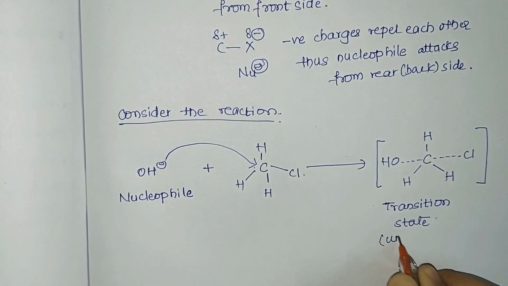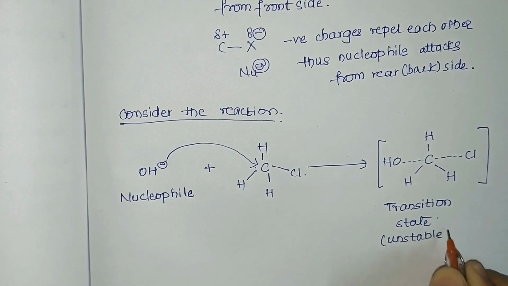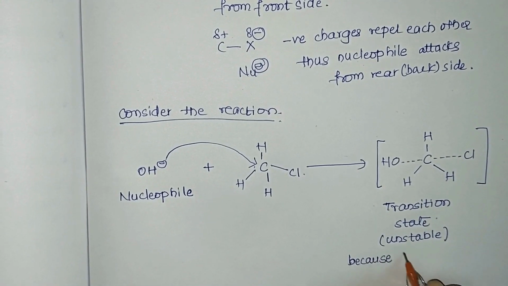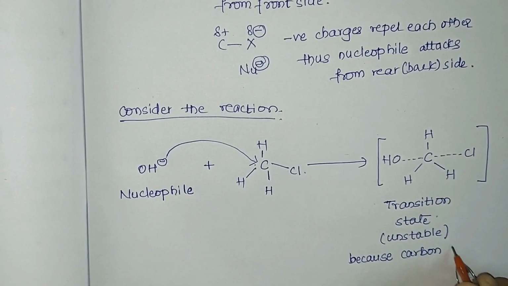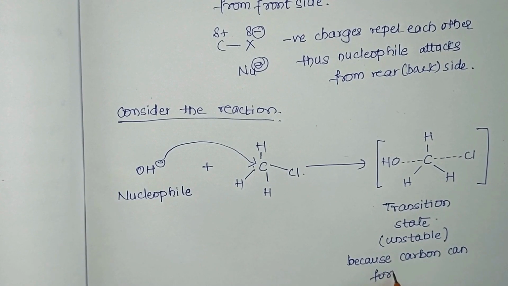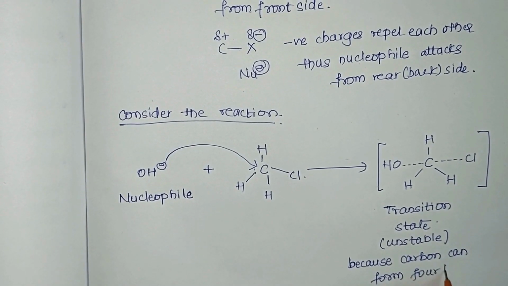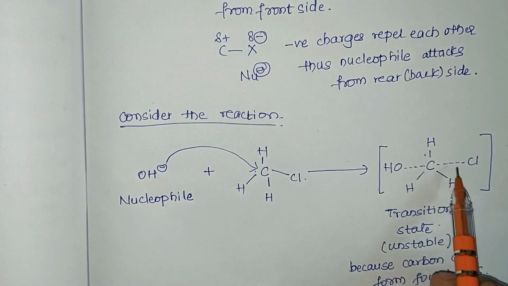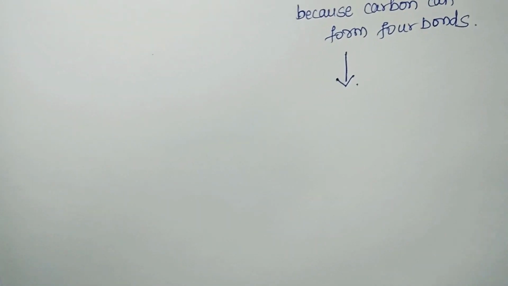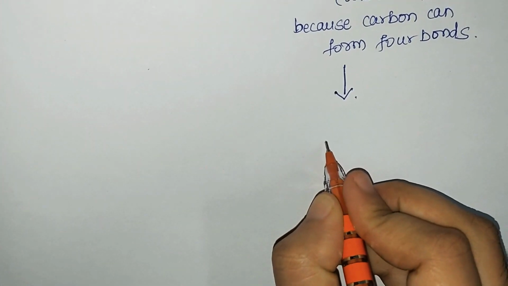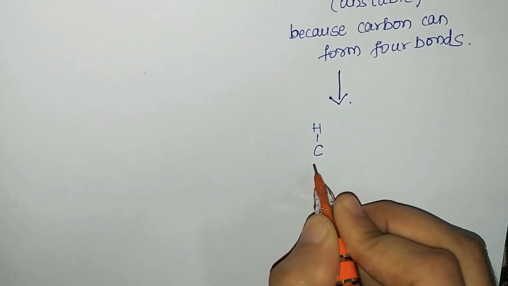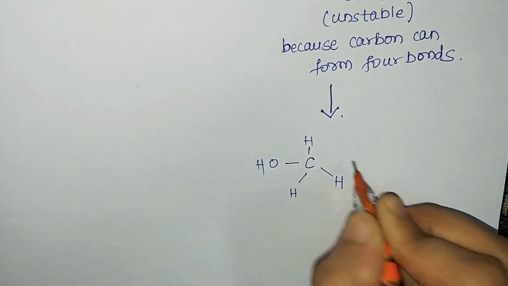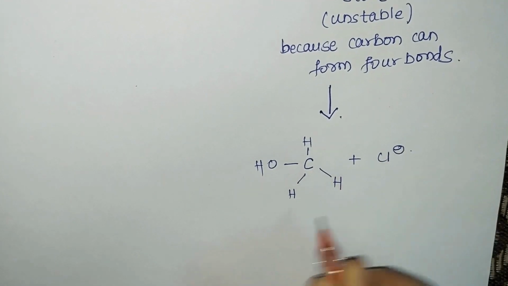So why is it unstable? You have already studied that carbon can form how many bonds? 4 bonds. But in this structure, we see that carbon is forming a total of 5 bonds. Which are those bonds? We observe here 1, 2, 3, 4 and 5. Because of which it is unstable. So what happens? It undergoes dissociation, that is the leaving group Cl is removed, and we get a stable structure with the involvement of a new nucleophile with the removal of the halide ion. So this becomes our product.